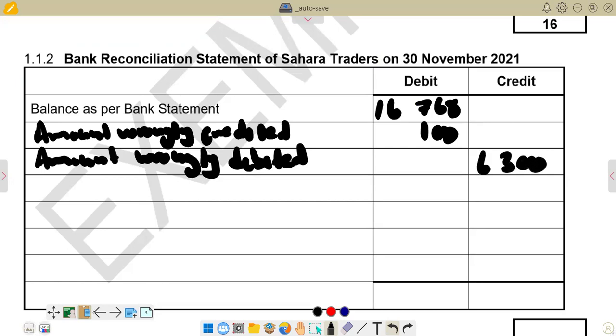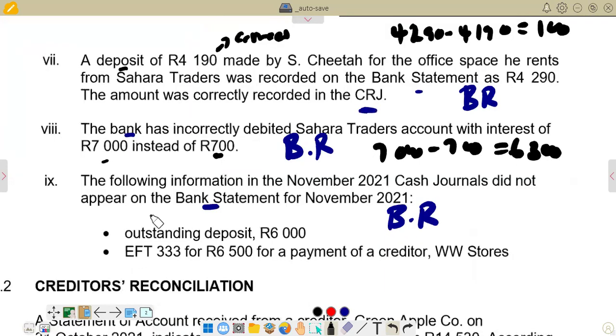So go again, check what we have next, which is the following information in the November 2020 journals not appearing on the bank statement. So there's a deposit that was made, which is not yet appearing on the bank statement, but we assume this deposit is along the way. It's going to reach the bank. So we are going to update our bank statement and put our deposit of 6,000. And this, by depositing, remember we put it on the credit side. So we are going to have an outstanding deposit of 6,000 that we put on the credit side of the bank reconciliation. And then EFT 333 for 6,500 payment for creditor